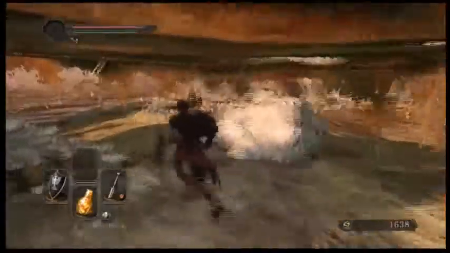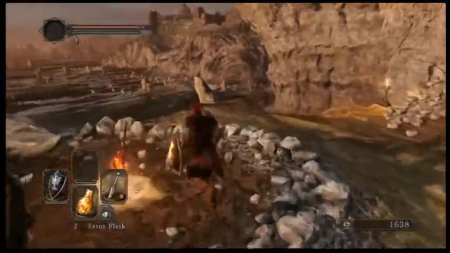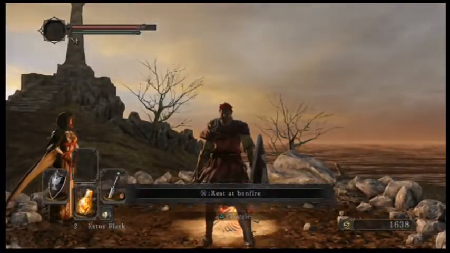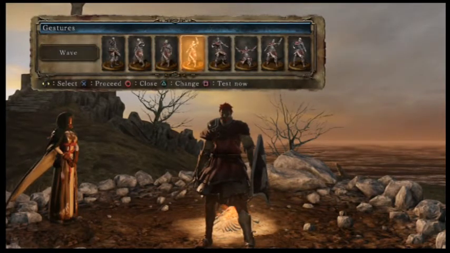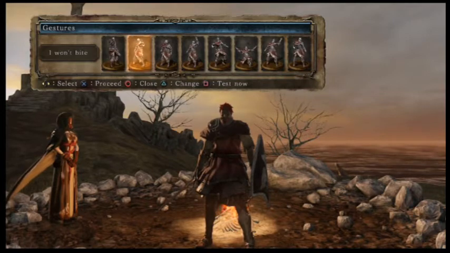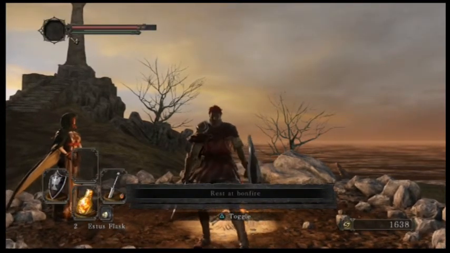You want to spend your large Titanite shards a little sparingly at the beginning of the game. Whenever you get to the gutter, you'll be able to farm the Titanite shards. It'd be good to use the 2 rusted coins we found, I believe. Those rusted coins, and then from the vendor